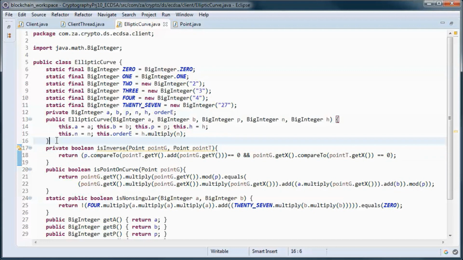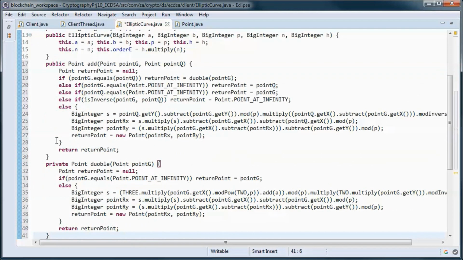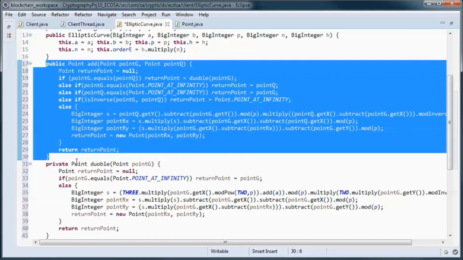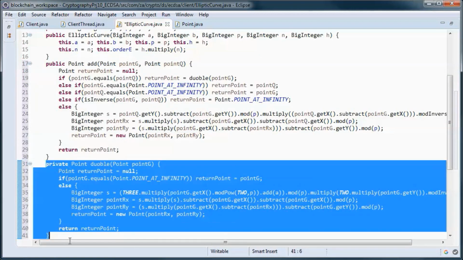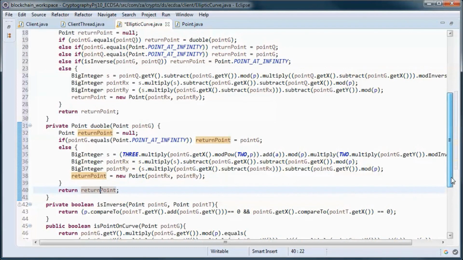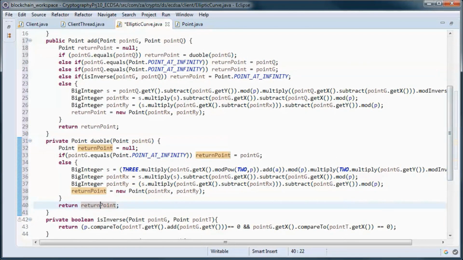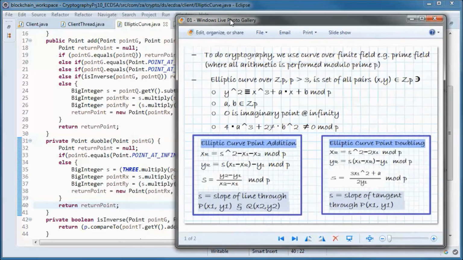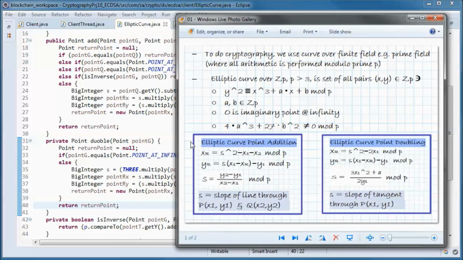And those two methods do point addition and doubling. And those are the equations for point addition, and those are the ones for point doubling.